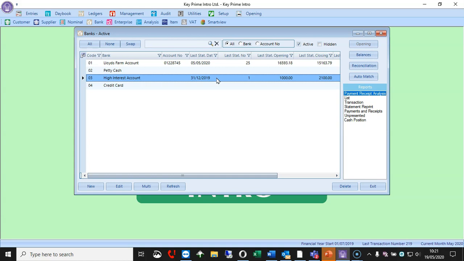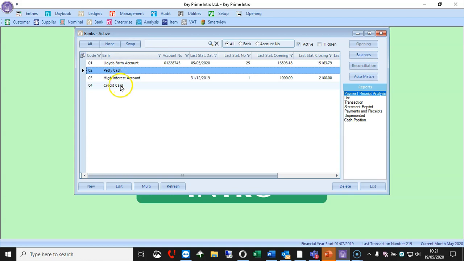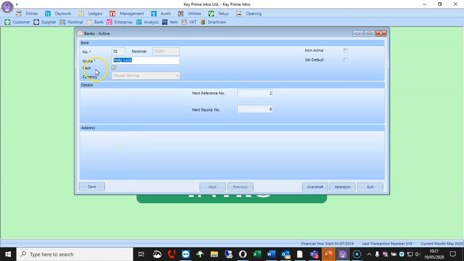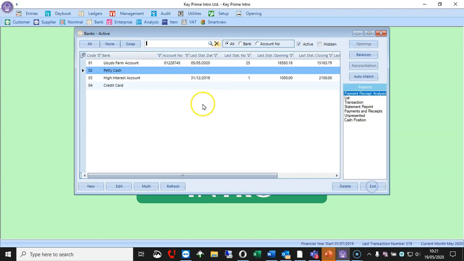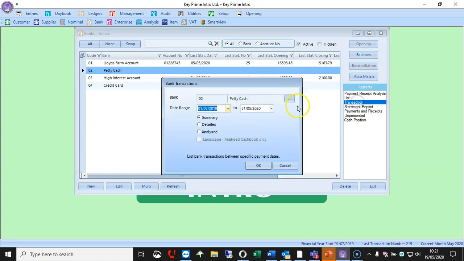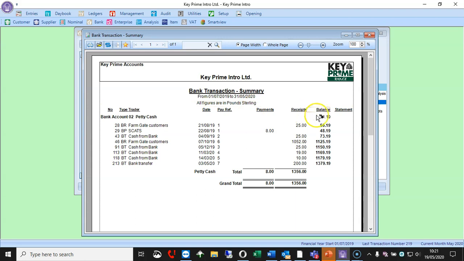Lastly, on the bank accounts, we have a couple of bank accounts here that if we go and click on edit here, you can see that this is not only a cash account, but it's got a cash account here. What that means is that you don't reconcile this account. But what we do want to check with this, we can either do it via the balances or a transaction report, is that we've got all of our transactions for our date range up to our year end, and have we got that amount in the tin? Because if we haven't, again, we need to agree that amount back to the petty cash tin.